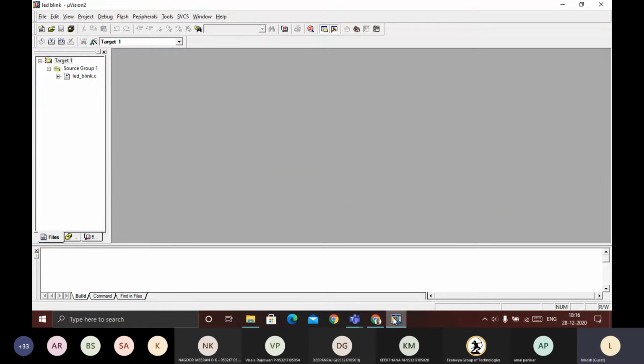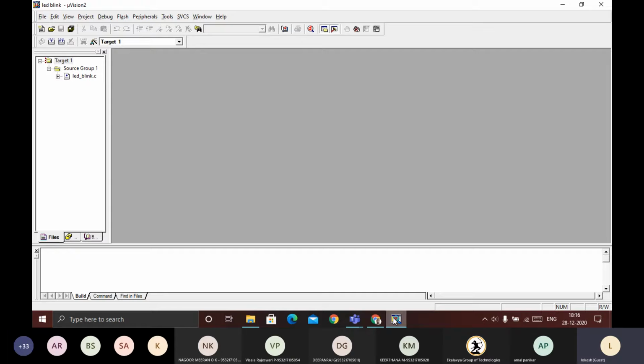So first thing is first. We will write a program. Then we will compile that program. Then it will create an output file. That output file is nothing but the hex file.